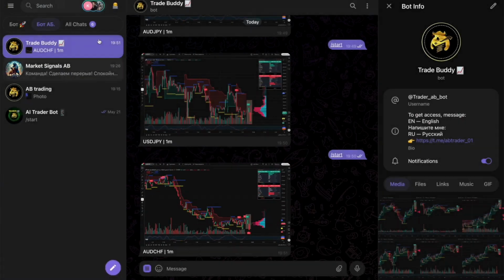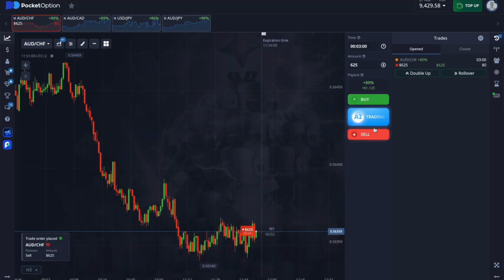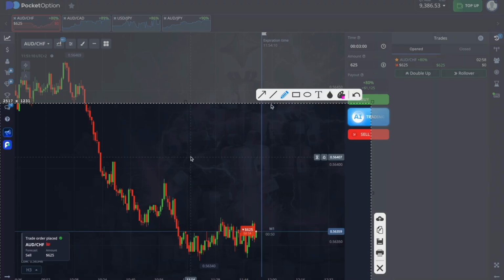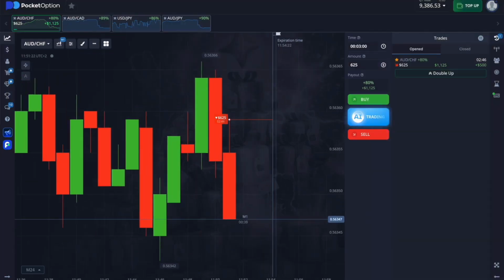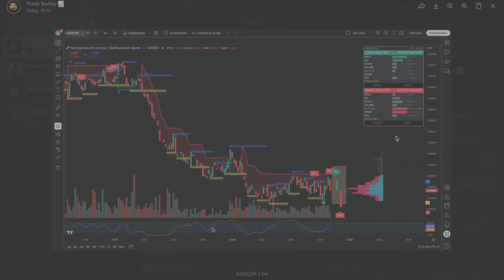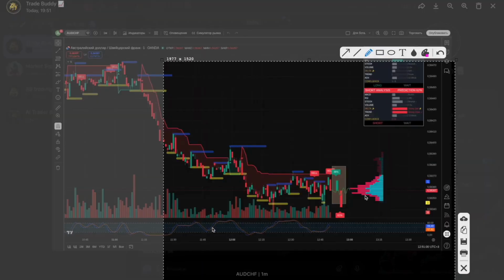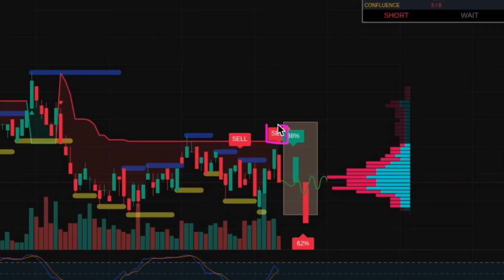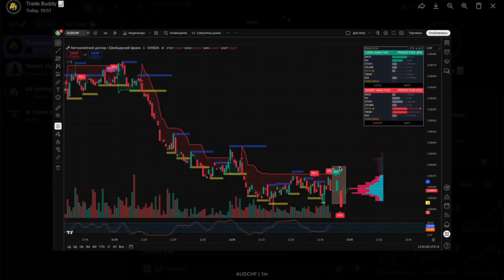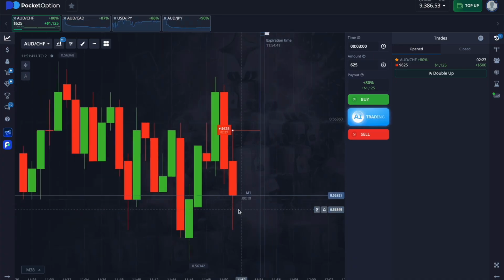So here we go, the movement is going down, $625 on a decline, a downward trend according to the bot. The signal was down. We have a level here, the chart has touched this level 1, 2, 3, 4 times. I'm expecting a breakout, we entered successfully. And why did I think it would go down here? Because first of all, according to the bot, we have a downward signal right here. Secondly, this indicator shows that the chart will go down, and this one as well. Roughly speaking, 3 forecasts pointing down. Let's keep monitoring it. So that's how my trading session turned out.